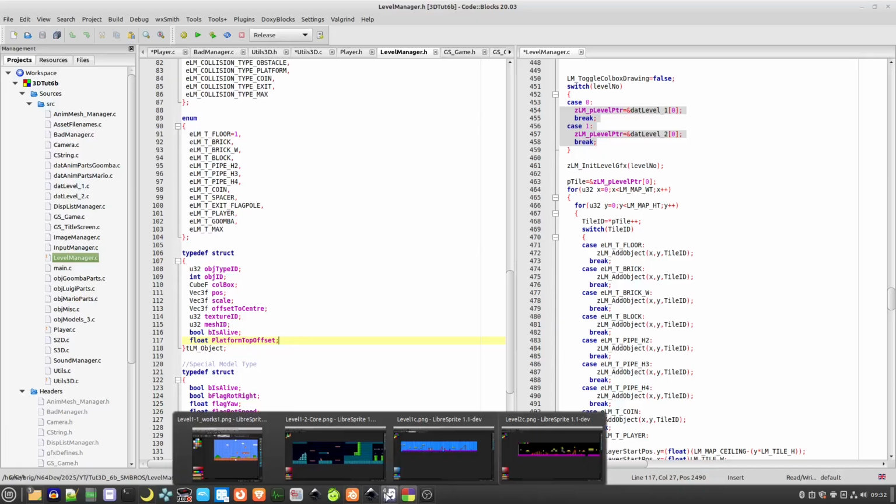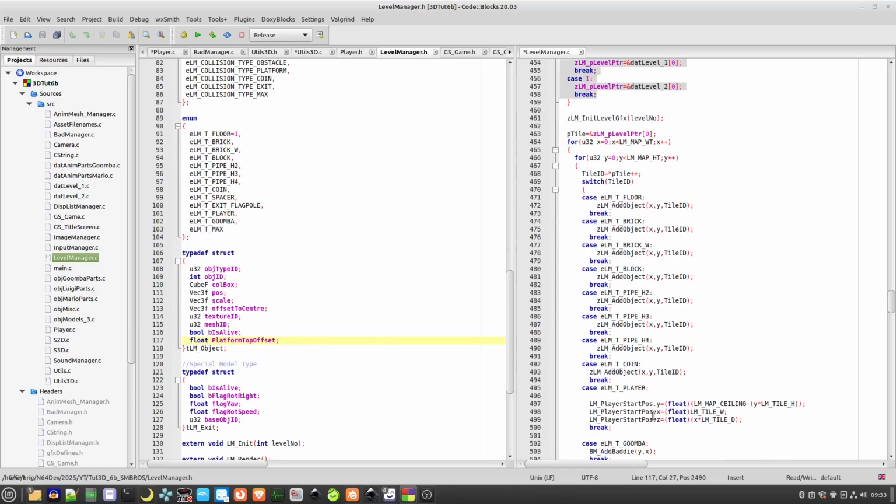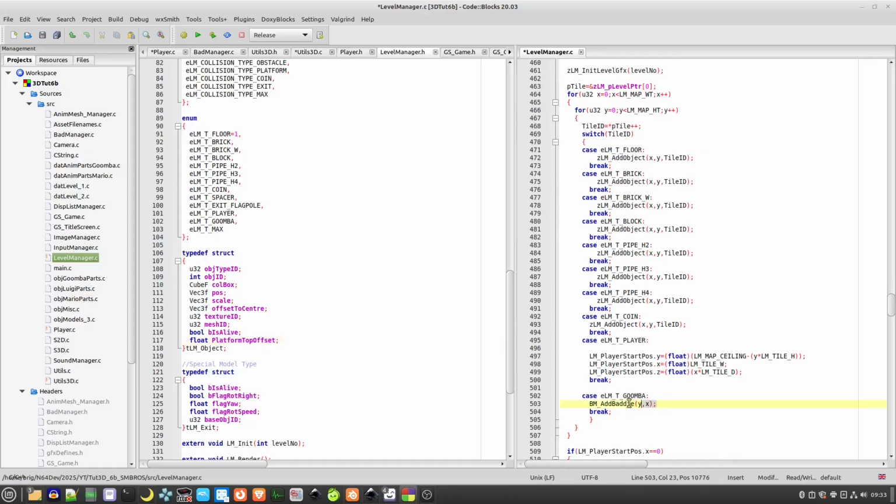One thing to note is what happens when an enemy is found. When an enemy is encountered, we tell the baddie manager to actually add them. So it has its own container where it holds on to active baddies,